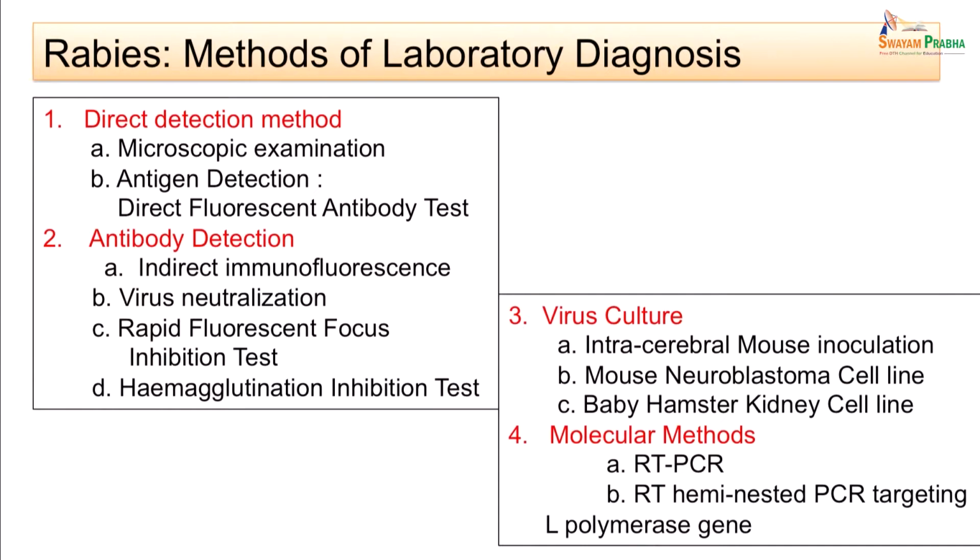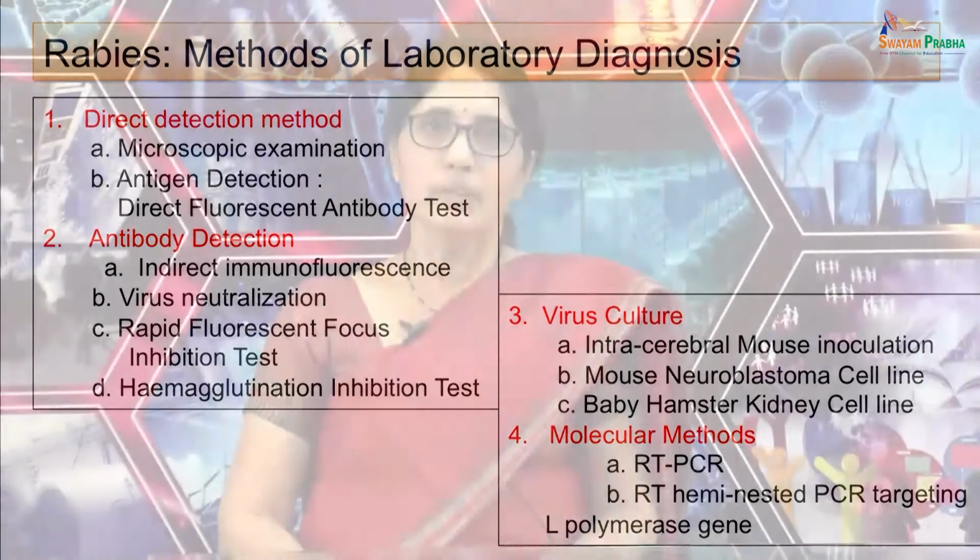Nowadays, the most commonly used methods are the molecular methods. So, reverse transcriptase polymerase chain reaction is the most sensitive and specific method available for the diagnosis of rabies. Reverse transcriptase hemi-nested polymerase chain reaction, which targets the L polymerase gene, is considered to be the 100% specific method for the diagnosis of rabies. The postmortem diagnosis in human beings as well as in animals can be done by demonstration of